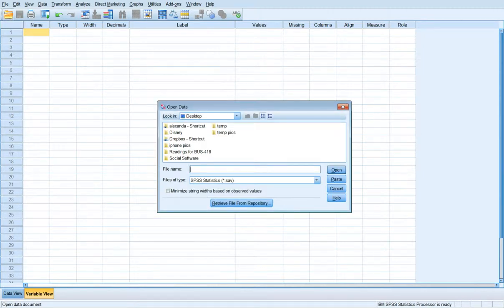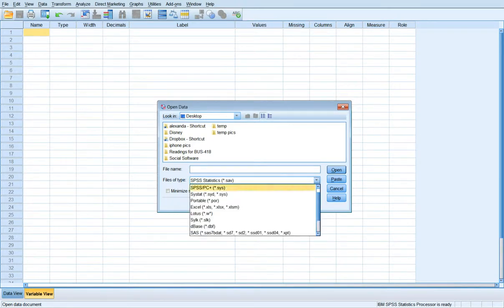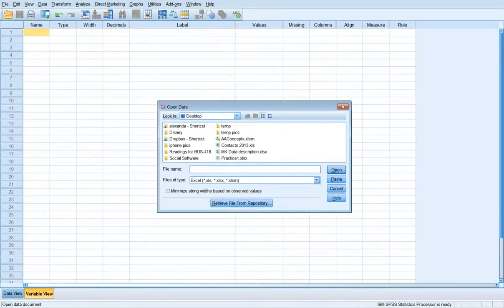Click open. You find the location of your file, and by default SPSS searches for SPSS data files which have extension SAV, so we need to change it to Excel data. And I'm going to import data from our practice 1. When I click open,